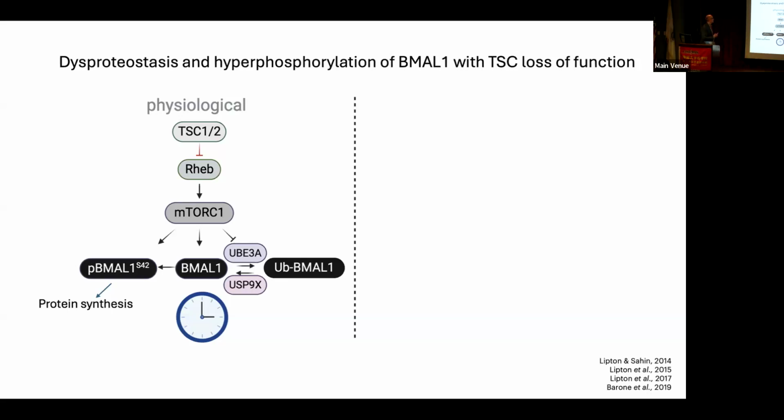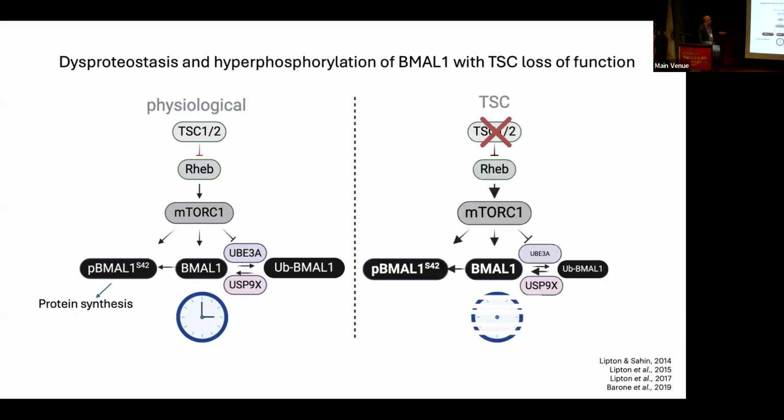So what is TSC? TSC is part of a fundamental pathway, which many of you, all of you, I'm sure, have heard of, called the mTOR pathway. TSC is an inhibitory GAP complex that is basically an obligate inhibitor of mTOR. It integrates tons of signals upstream. And what I discovered is that in TSC mutant cells, the output of the circadian clock was markedly abnormal. And I subsequently went on to show that the reason for that is that when TSC is lost,